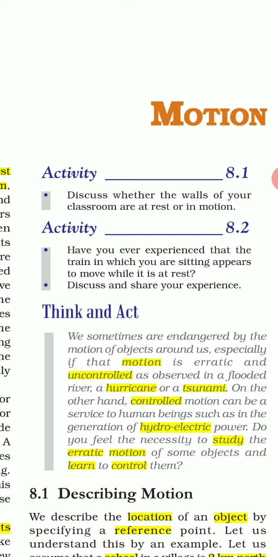So this is one type of experience in which your brain decides your train is moving and that train is at rest. As long as you think that train is at rest, you feel that your train is moving. When you see the stones on the ground or on the opposite side of the platform, then you think, oh, your train is stopped. Then you will understand that the side train is moving forward.